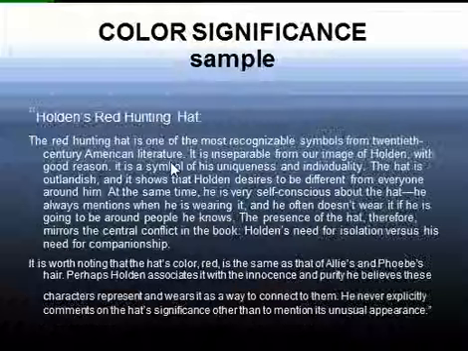Color significance is another one that we'll be looking at. It'll be our last look for this lesson. Color is very important. Color has different types of meanings, and those meanings can tell us a little bit more about what the author is actually saying. For instance, red is passion, blood, anger, danger, warning. But green is youth, inexperience, envy, money, and good luck. We see these two colors repeatedly throughout Catcher in the Rye. Holden has his red hunting hat, and then the green room that he goes to.